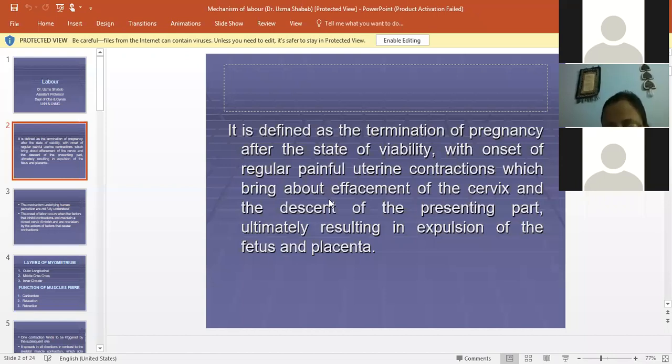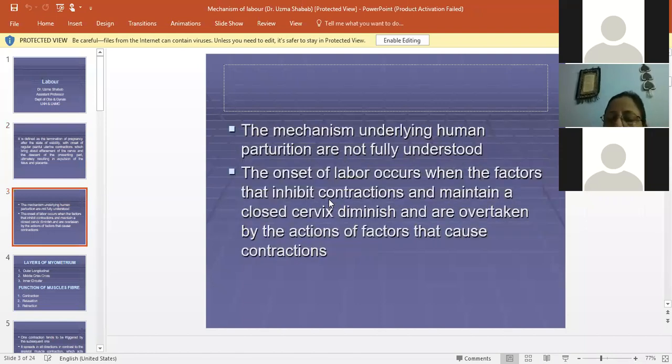How do we define labor? Labor is when regular painful uterine contractions occur, and this leads to changes in the effacement of the cervix and the descent of the presenting part. As a result, there is an expulsion of the fetus and placenta. The mechanism underlying this labor is still not known, but there are certain factors that are responsible,